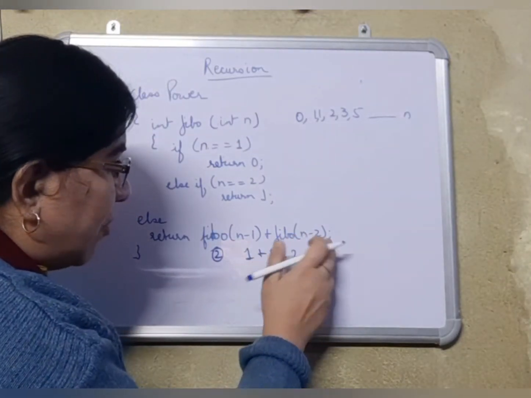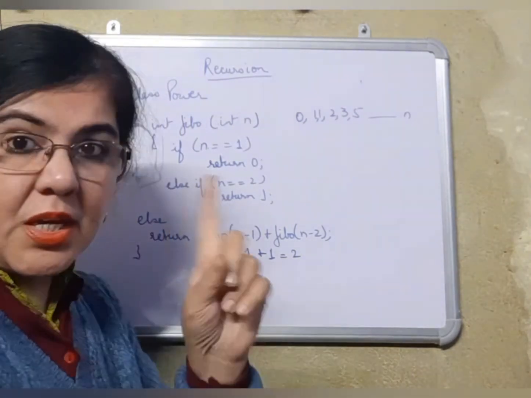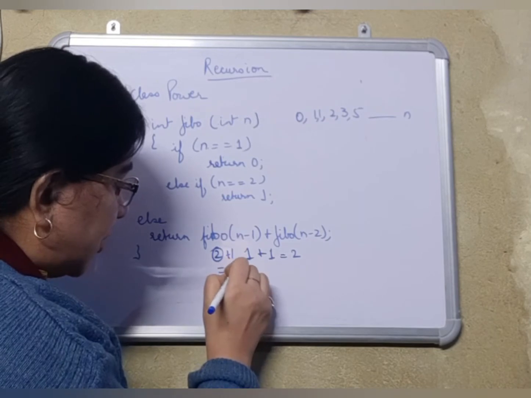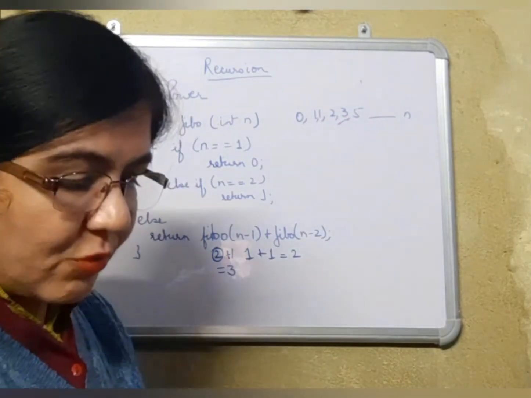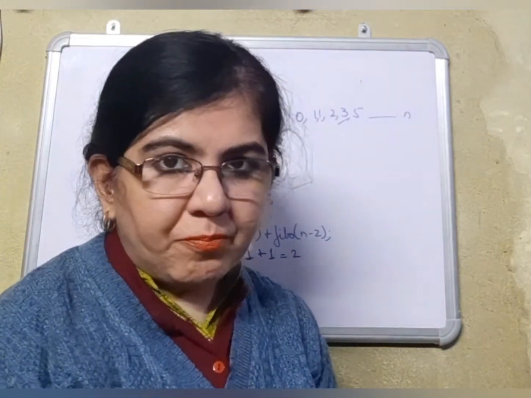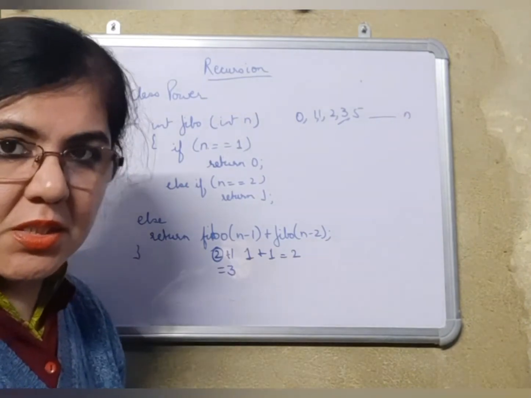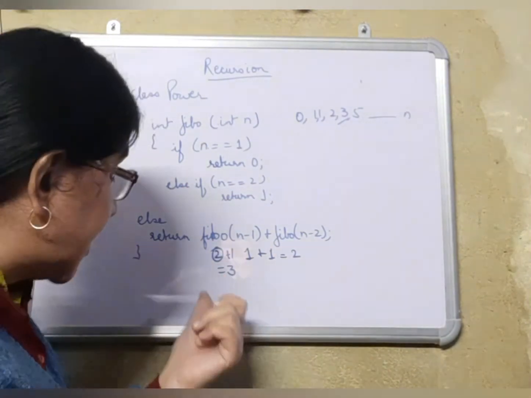Then Fibo 5 minus 2. 5 minus 2 is how much? 3. For 3 we got the answer as 1. So 2 plus 1 will become how much? 3, which will be the 5th number of our series. So you have to keep on calculating up till 4. After that, whatever numbers you are generating over here, you will keep on getting the answers. Now after this, 5 has got the term as 3.